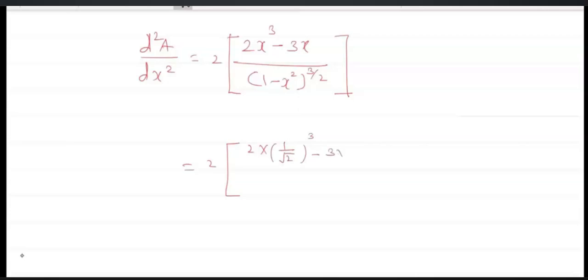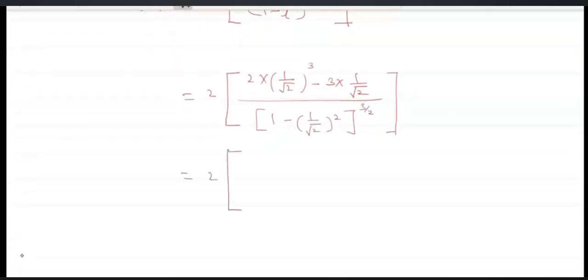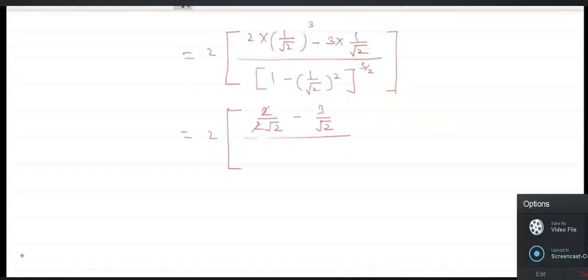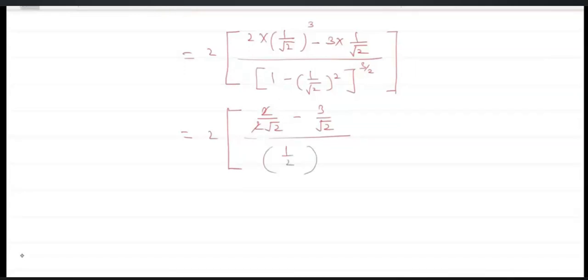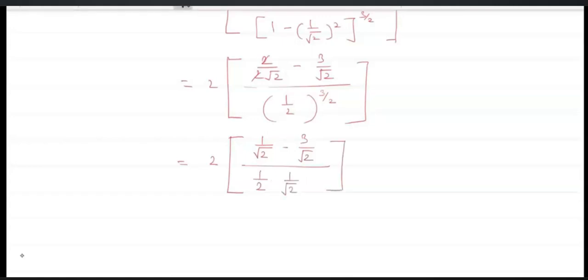If we substitute the value and simplify, that is 1/√2 minus 3/√2 upon (1/√2) bracket cube, that is 1/2 into 1/√2. Now if we simplify this,